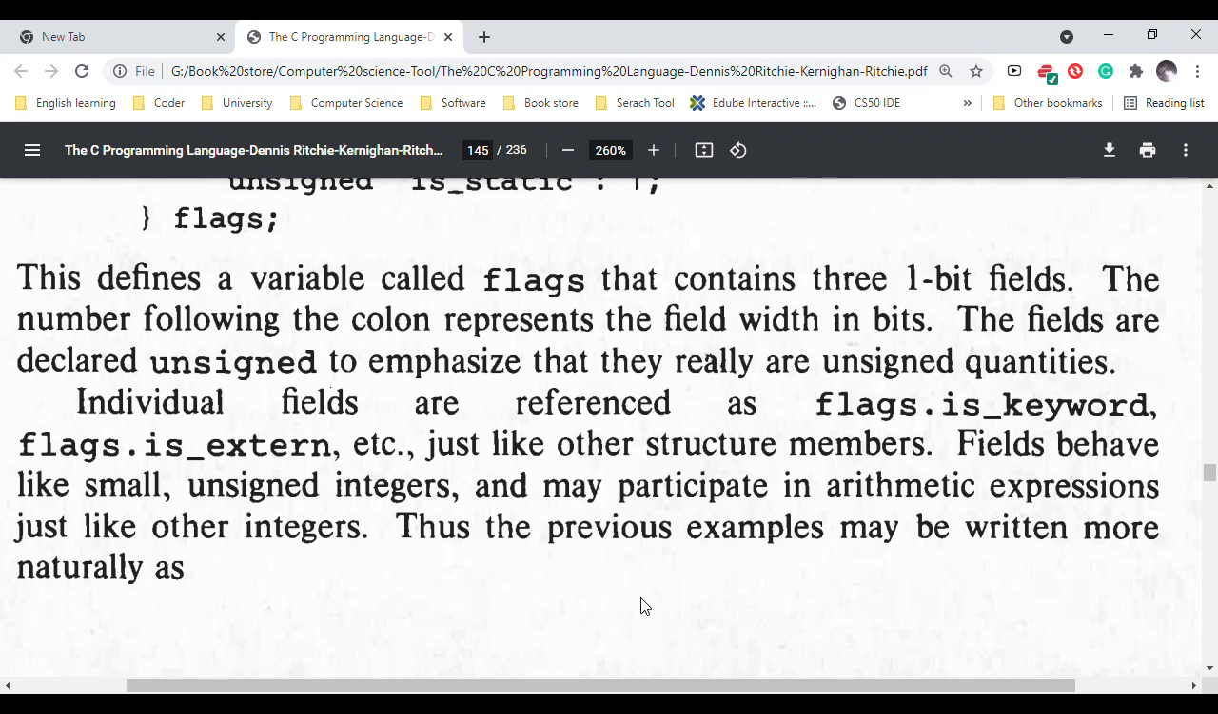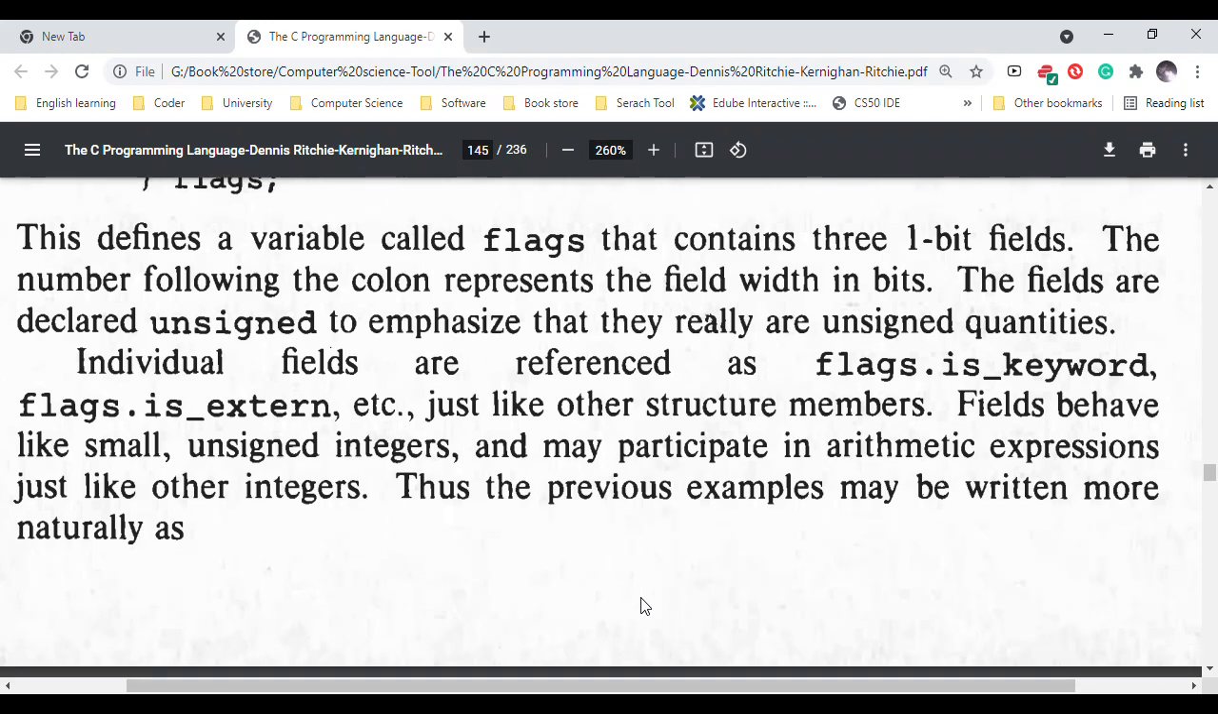That defines a variable called flags that contains three 1-bit fields. The number following the colon represents the field width in bits. The fields are declared unsigned to emphasize that they really are unsigned quantities. Individual fields are referenced as flags.is_keyword,